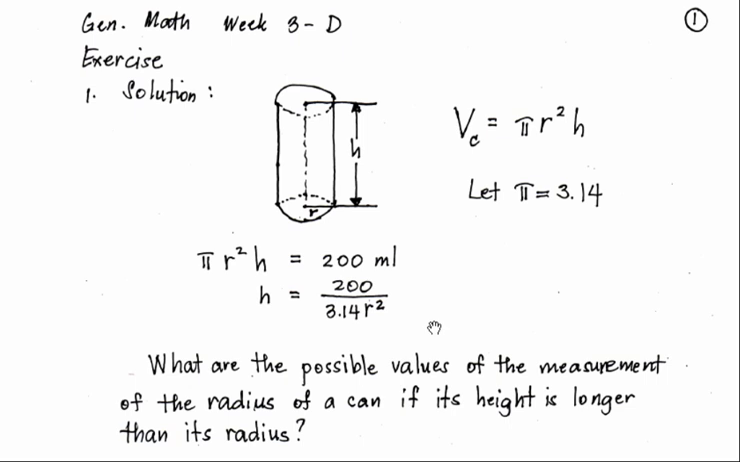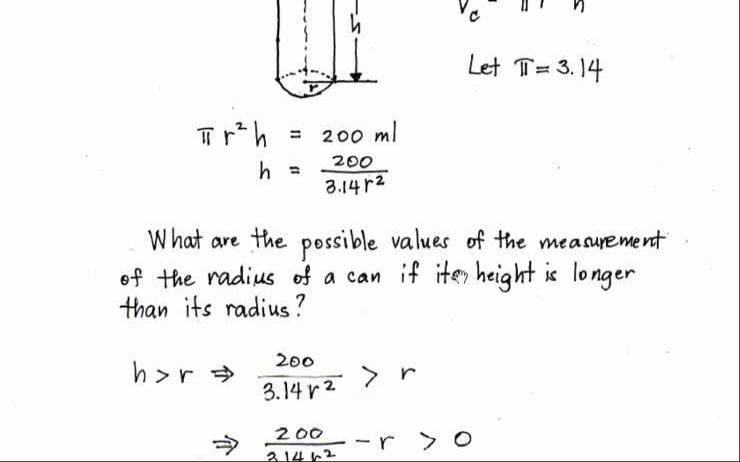Then, it says in the problem, what are the possible values of the measurement of the radius of a can if its height is longer than its radius? So we have an inequality for this. It could be either in terms of r or h. But for simplicity's sake, since it says the height is longer than the radius, or larger than the radius, it's easy for us in this